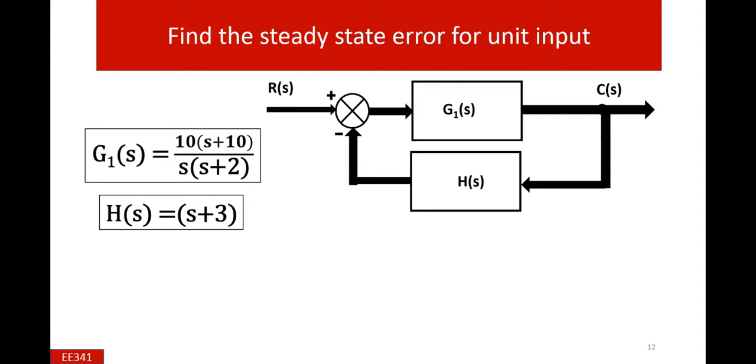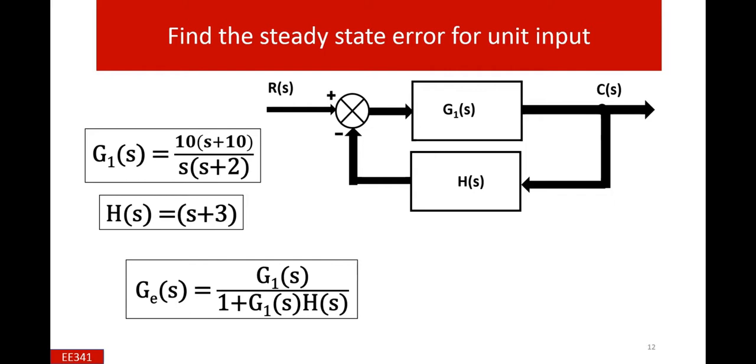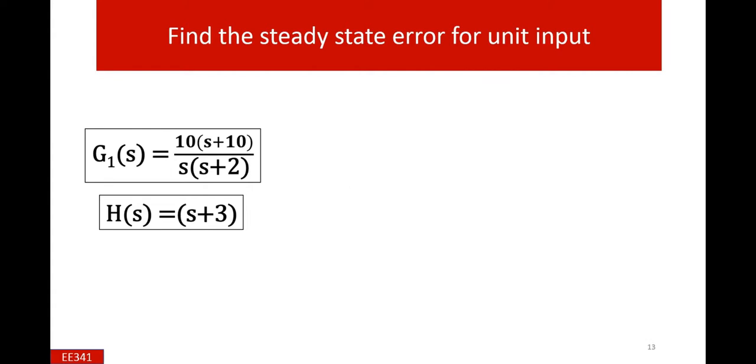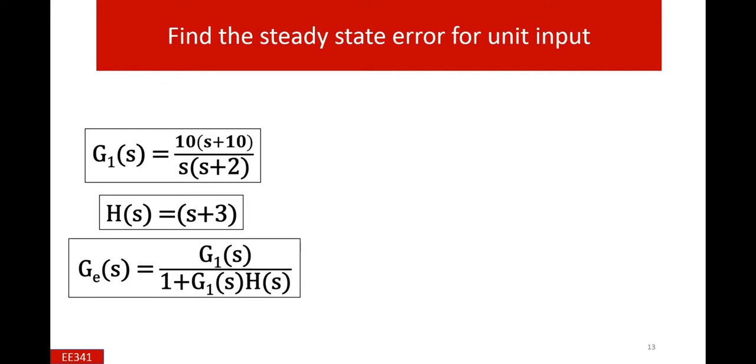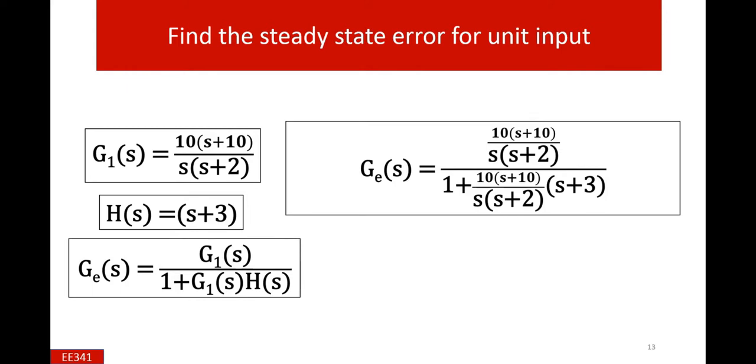If G1 is the transfer function for this block diagram, G1 is the forward transfer function for the given system, and H of s is the feedback transfer function, then the whole forward transfer function is equal to this one. Directly we find the transfer function, and if we substitute these values, we find that G1 is equal to 10 times s plus 10, divided by s times s plus 2,